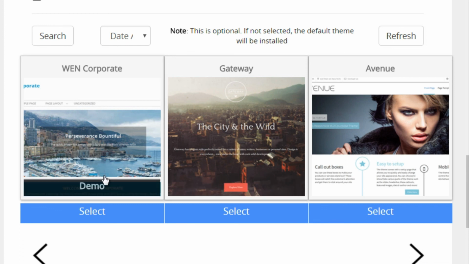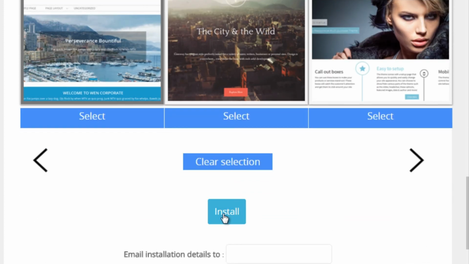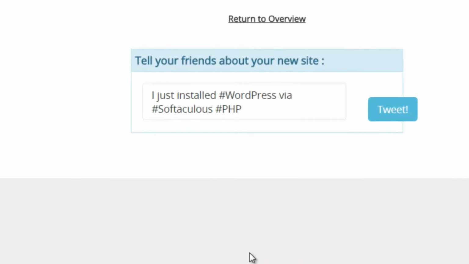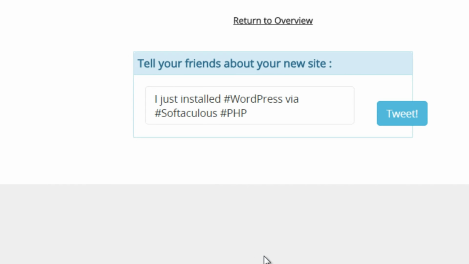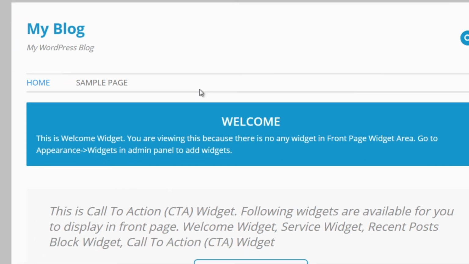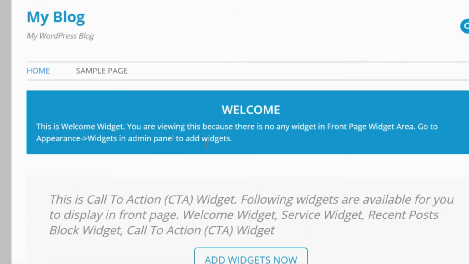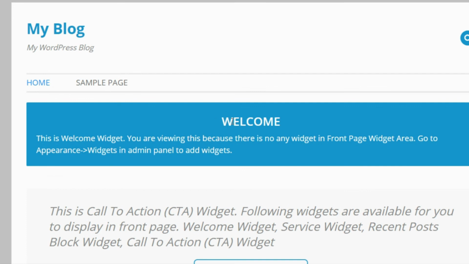So if I want to go with this one, I can click select and click install. And literally within less than a minute or a couple minutes, we are good to go. That's it. And of course, if we go to the actual blog itself, we can see the actual blog has been created.